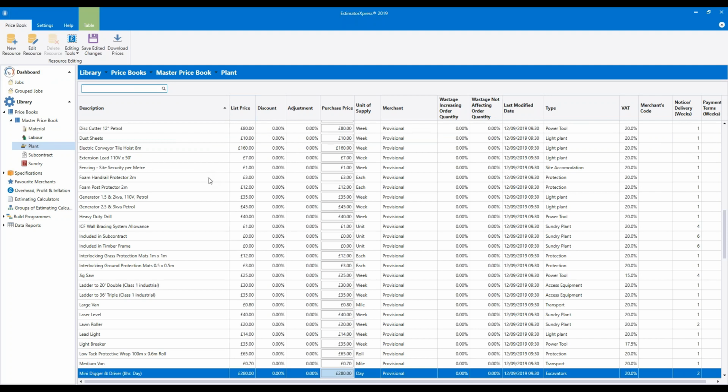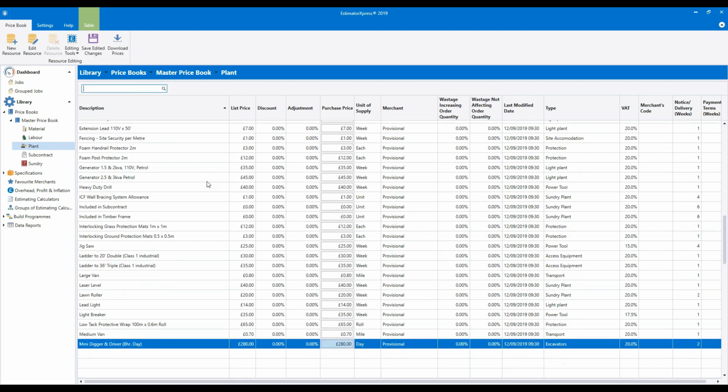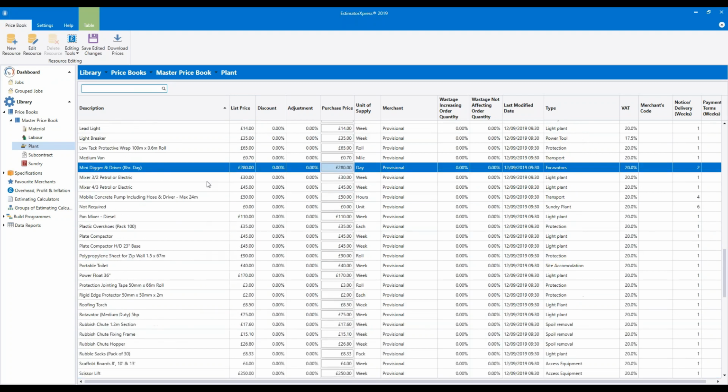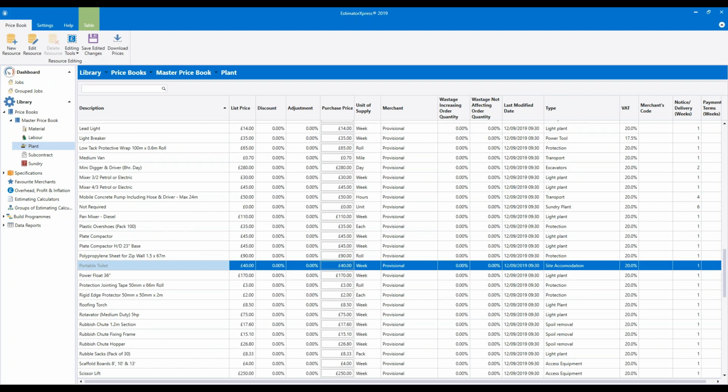Okay, the next thing I want to draw your attention to is portable toilet. These are obviously regularly used, so you need to make sure the cost is correct for them. So it's a weekly rate for this, set to £40 a week as default, but you can change that if you need to.